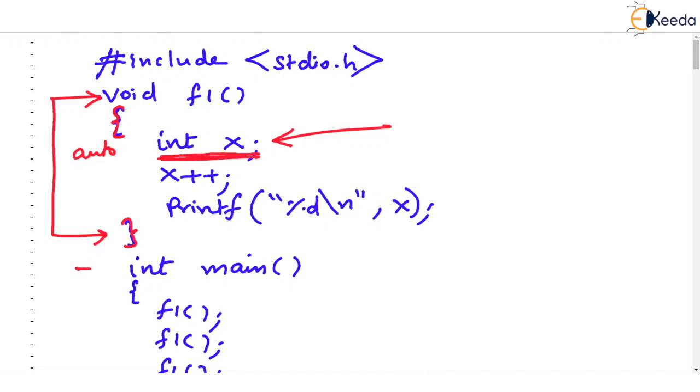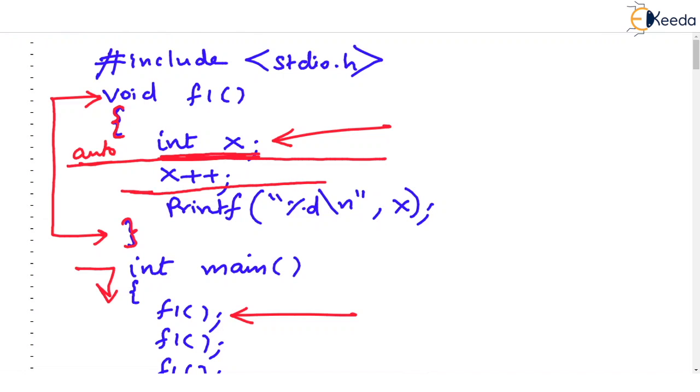Okay, let's start main. Execution from main. There is a call to f1, you see. First call to f1. When f1 is called the first time, this auto int x will be declared. And what will be the value of x? Garbage. Some value, maybe it might be 100. And that value will be increased by 1 due to x plus plus, and that increased value will be printed. So the first output, we really don't know, might be some garbage value. I hope you are understanding.